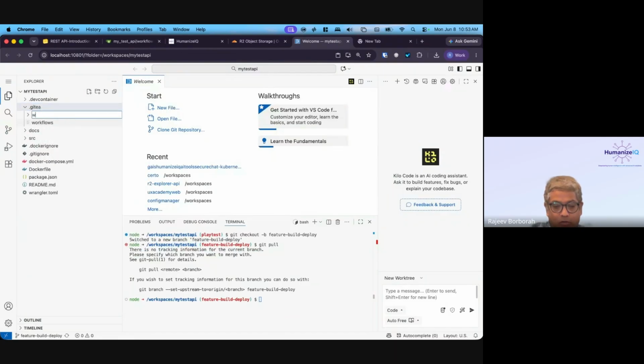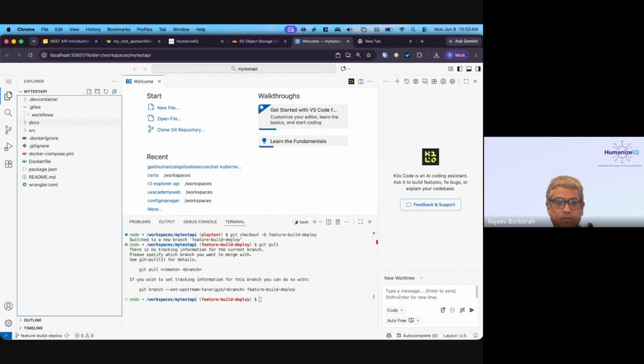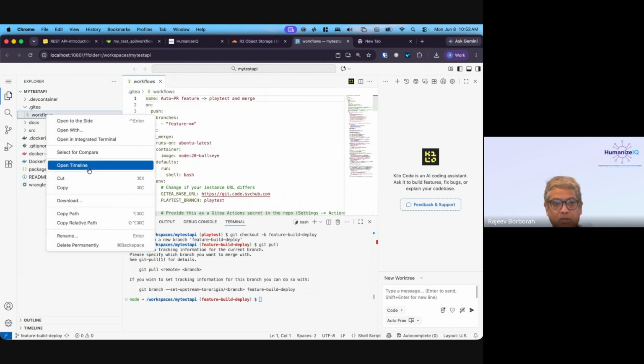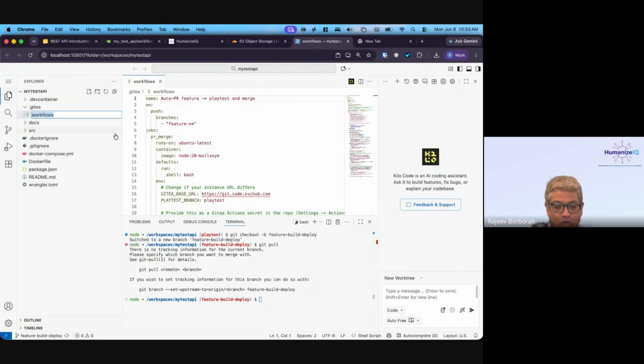So new folder, workflows. Okay, I have to rename this. This should be auto_pr.yml. If you want DevOps CI/CD to work, there should be a folder called workflows under .git.